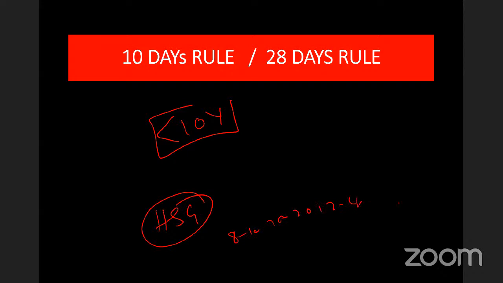So if there is a question: if I am doing HSG, do I do it in 8 to 10 days, 10 to 12 days, 12 to 14 days, or 20 to 25 days? Very simple answer. Which is the answer in this? If I want to do HSG, what will be the timing of HSG that I will do? I'll give you one more option, 1 to 4 days. Can anyone tell why not 1 to 4 days?